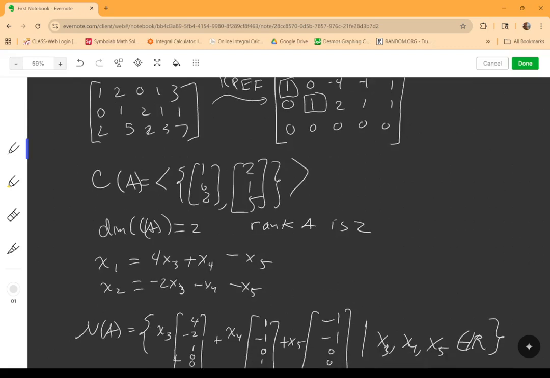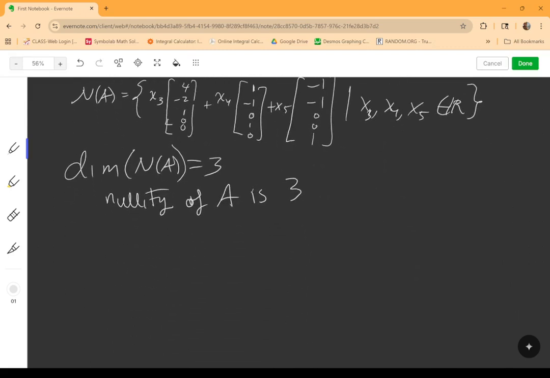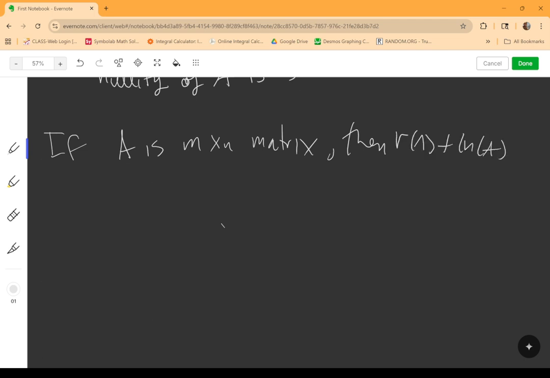So in general, what we could say here about the size of the matrix and the nullity and the rank: if A is n by n, then the rank of A plus the nullity of A is equal to n. All right, and if we look at our previous example, we had a 3 by 5